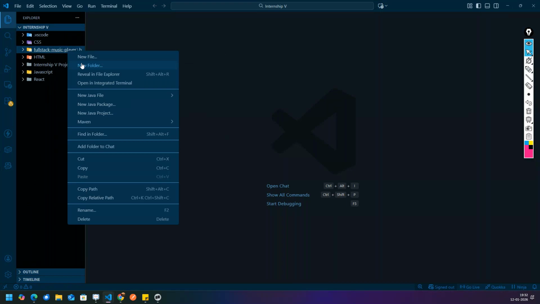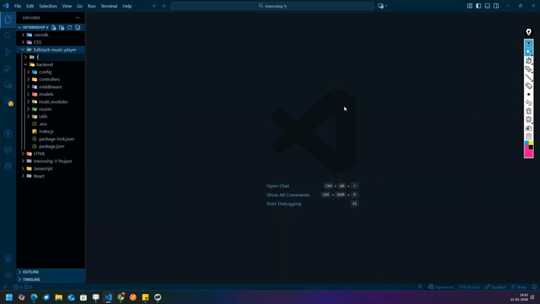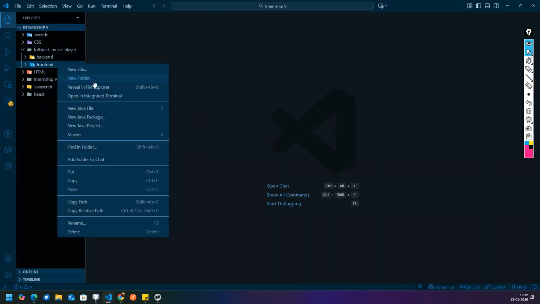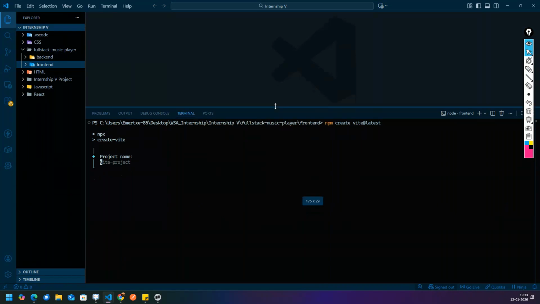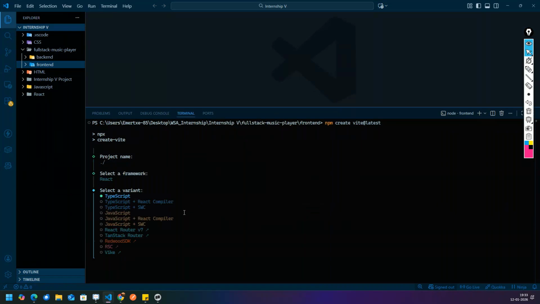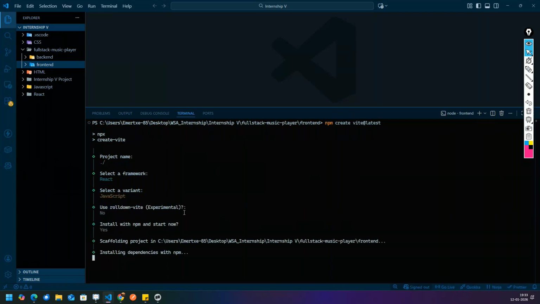And now right click, create a new folder over here, and that is called front end, and backend. Right click, open an integrated terminal, and here I will write npm create vite@latest. Now I have written correctly. Project name will be ./react. JavaScript. Yes. Installing.